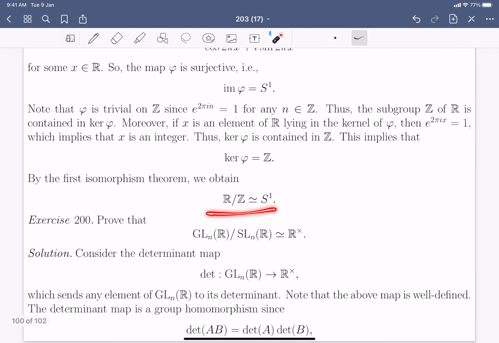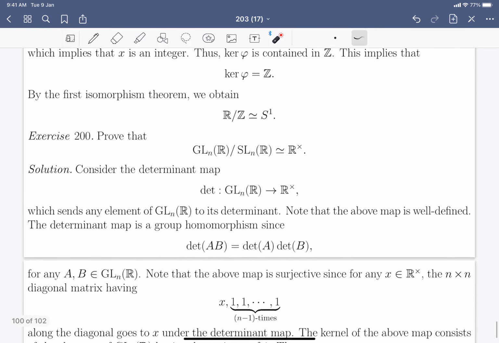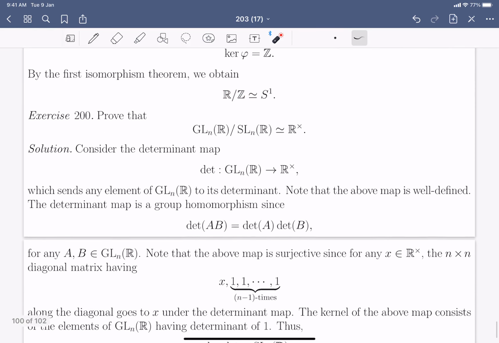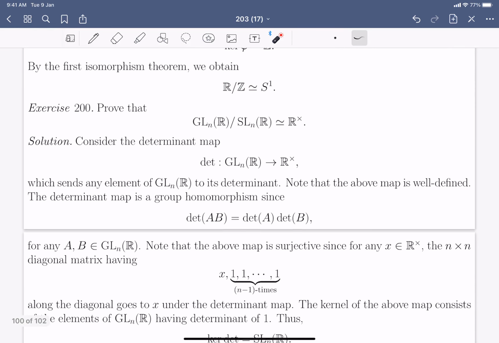Okay, so applying the first isomorphism theorem, we establish that R mod Z is isomorphic to S1 as groups. Great. And R mod Z is a group, so this is a normal subgroup of R. Now here is an interesting and important exercise that I think we have seen probably in the